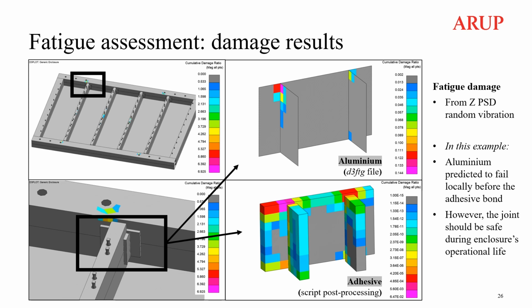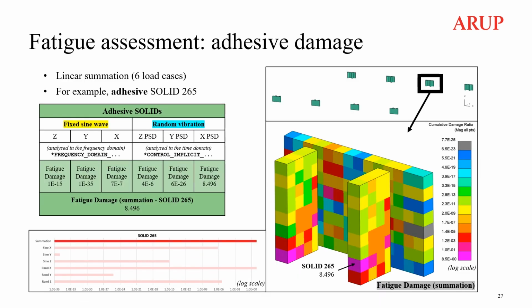Looking at one key adhesive element, the summation across all 6 load cases gives a fatigue damage value of 8.5, which clearly exceeds 1, the value at which failure due to fatigue is likely. In this case, we can see that the contribution is almost entirely from the X-direction PSD of random vibration, so clearly some design iterations should be considered to reduce the peak values in all elements to below a fatigue damage